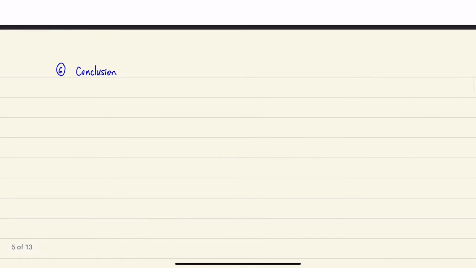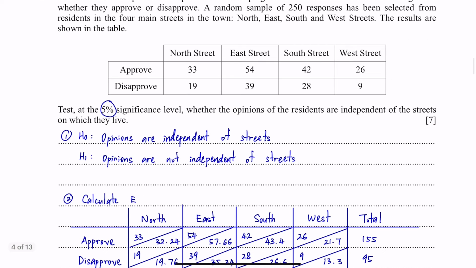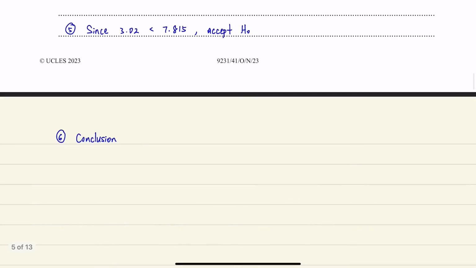And our conclusion is, so we will need to refer to the question to mention the significance level and if there's insufficient or sufficient evidence to suggest their hypothesis. Alright, so we can write at 5% significance level, there is insufficient evidence,